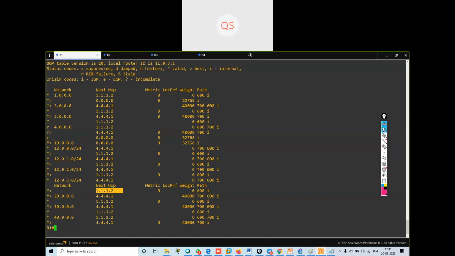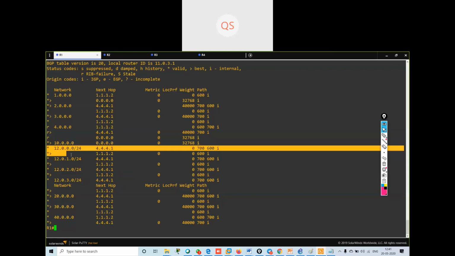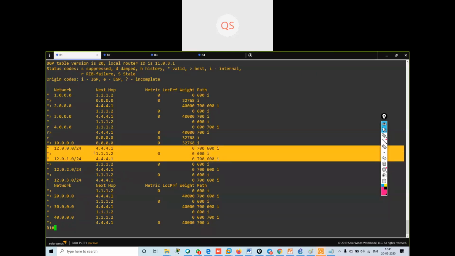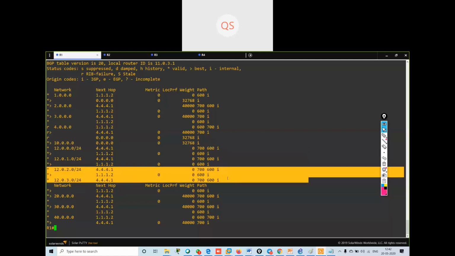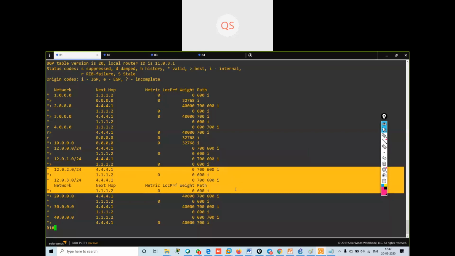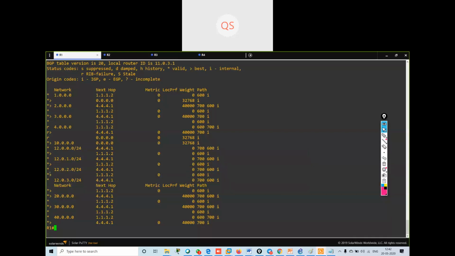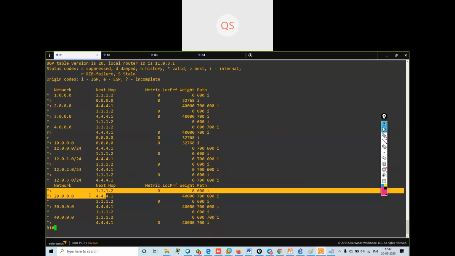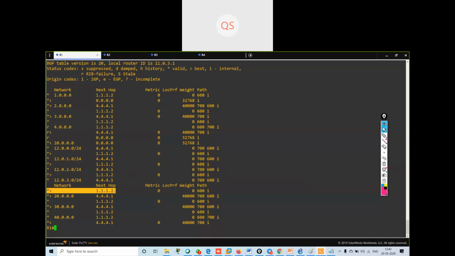Now what I want is that these two networks should use 1.1.1.2 only, and the remaining two networks should use 4.4.4.1 as the best route. Now you can see it is having the best route as 1.1.1.2. Understood? So I can use route maps.